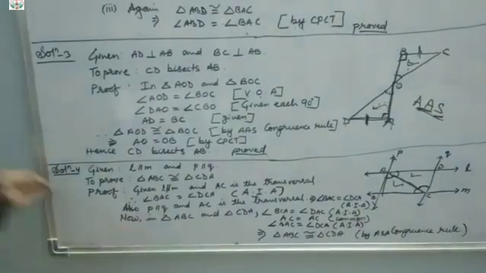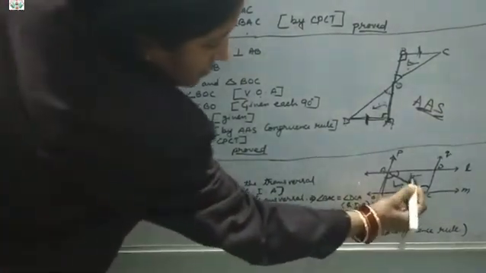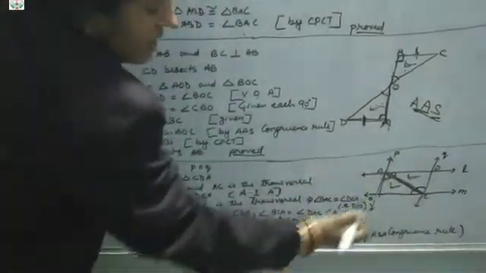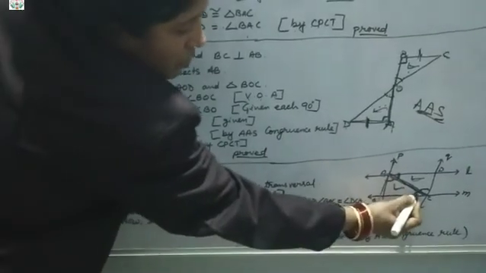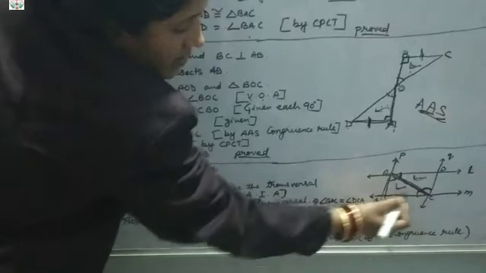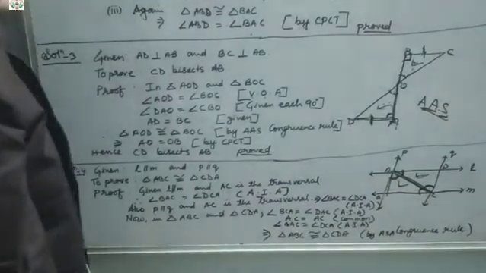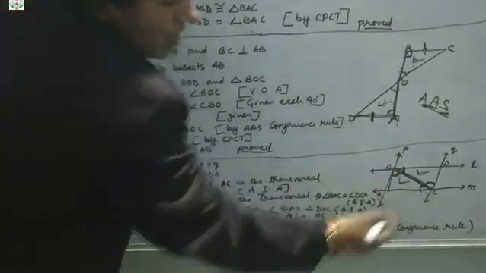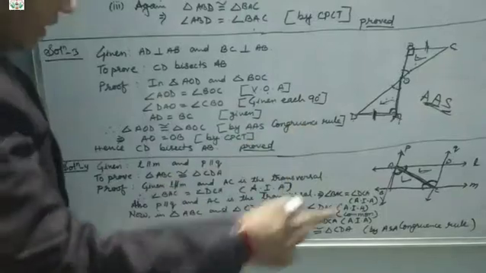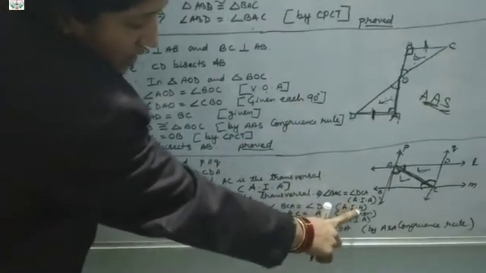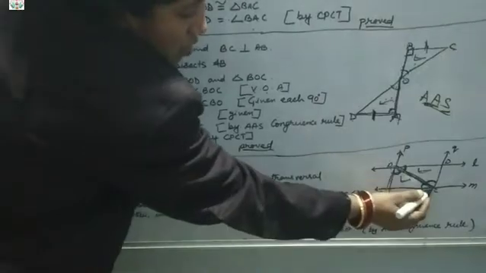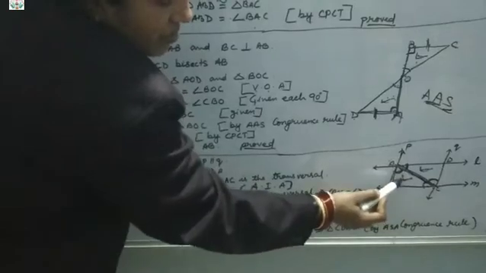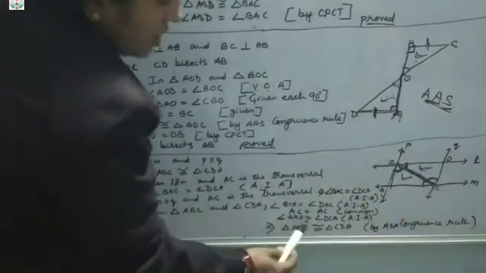Then now, between these two triangles, this side is common. This angle is equal to this angle and this angle is equal to this angle. Why? They are alternate interior angles. This angle equals this, within brackets write alternate interior angle. Then AC equals AC, common. This is common for both the triangles. For this triangle also AC is there, for this triangle also AC is there. So AC equals AC, common.